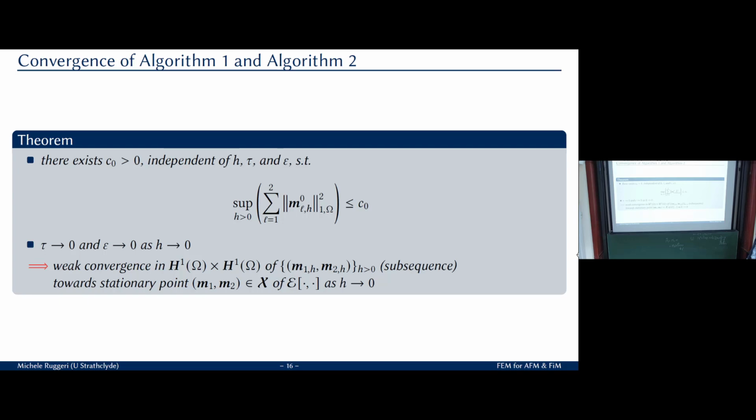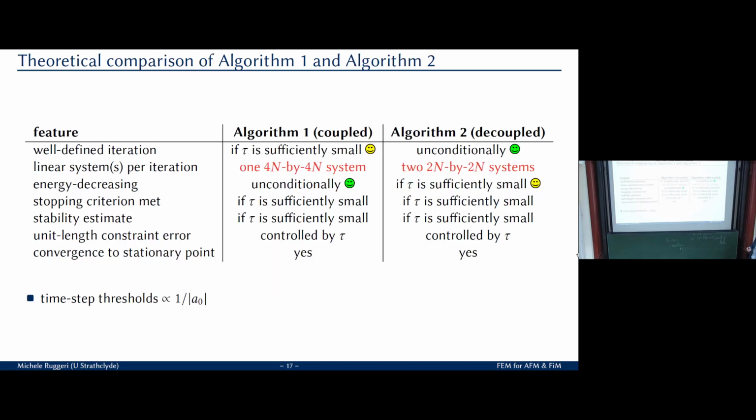Okay, this is the result, so we have two algorithms somehow. We would like to compare them to each other. Because if we have two, the question is natural: which one would you like to use? And in this table I'm summarizing the properties of the previous proposition, and you see that basically many of